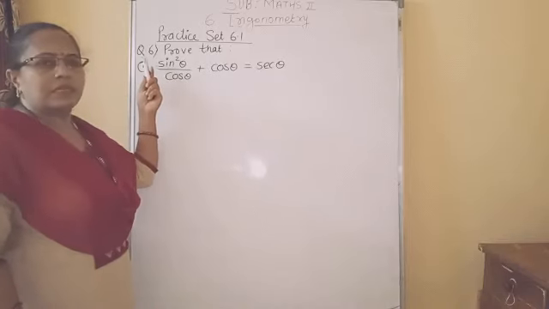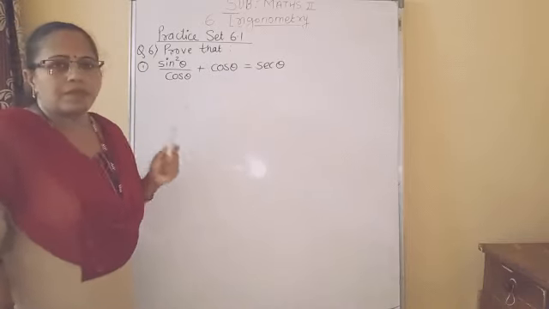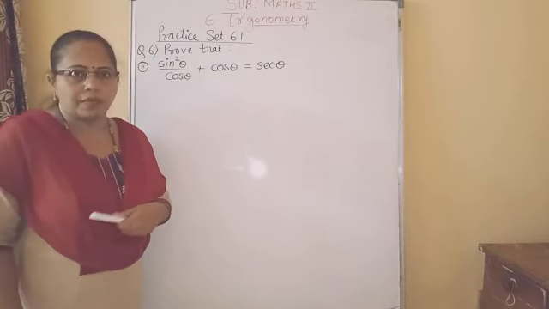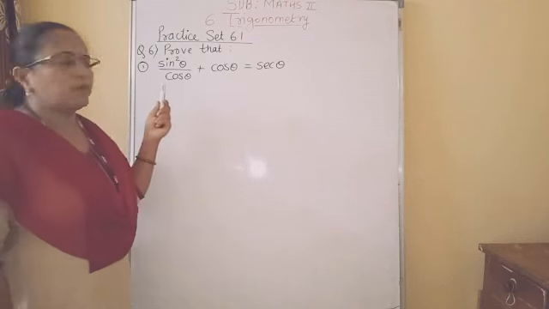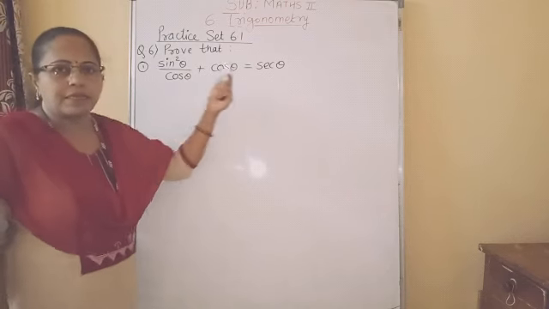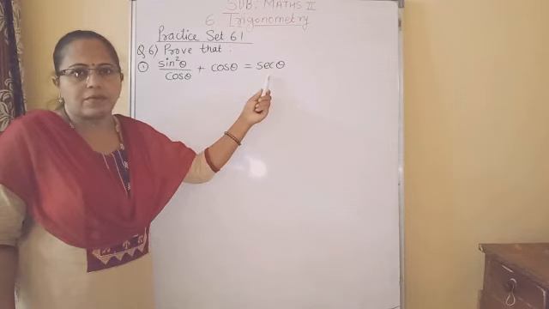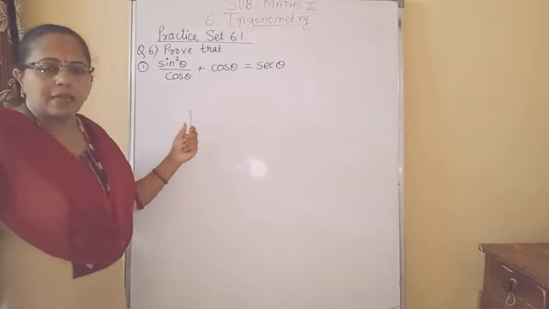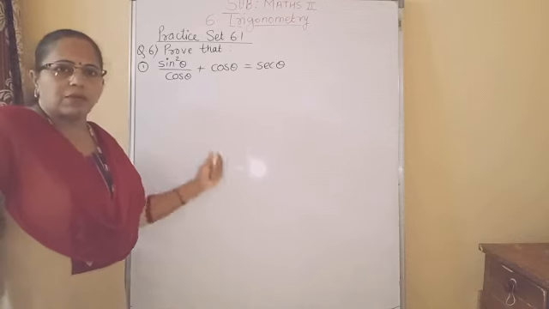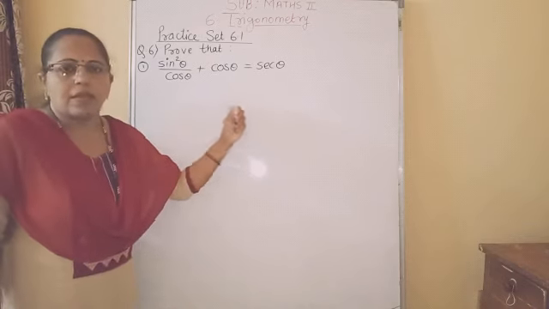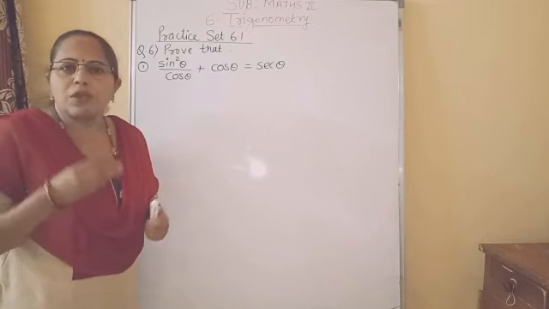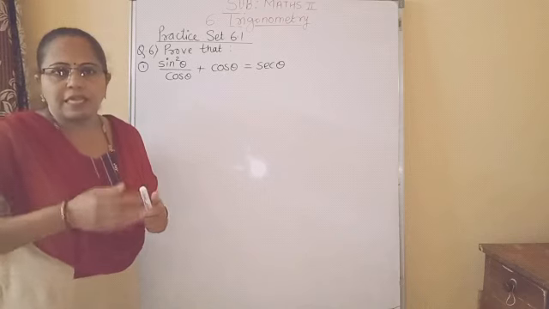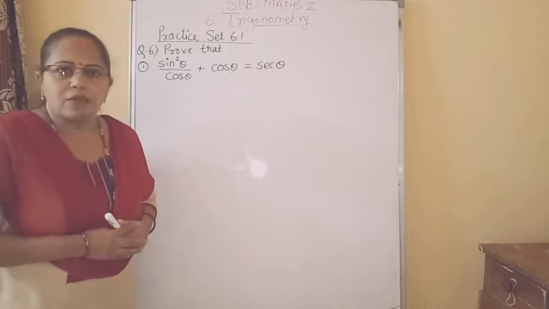Now question number 6. Prove that. Now this question carries 3 or 4 marks. Prove that type question means we have to prove left hand side is equal to right hand side. Okay. We have to carry one side down and we have to prove that it is equal to the other side. To prove this we will use trigonometric identities or trigonometric ratios, relation between the trigonometric ratios.